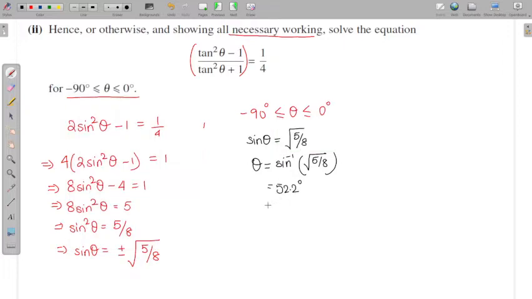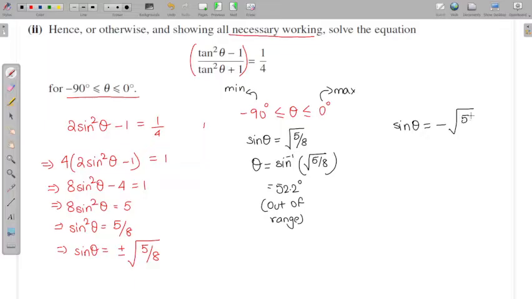So 52.2 degrees is out of this range, because the maximum value that is acceptable for theta is 0 and the minimum possible value is minus 90. So this is out of range, and we cannot include this value of theta in our final answer. Now let's move on to sine theta